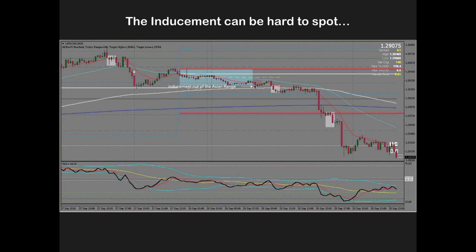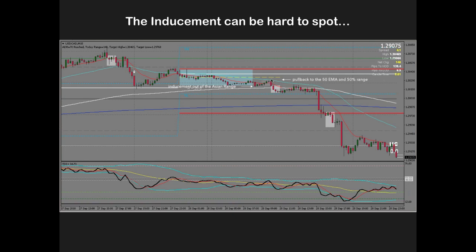It can be a full candle close below the Asian range. It could be a wick that pokes its head out of there. But any of those conditions, as long as it pokes its head out of the Asian range box, that counts as an inducement. So once it does that, it induces out of the Asian range, and gives a pullback to the